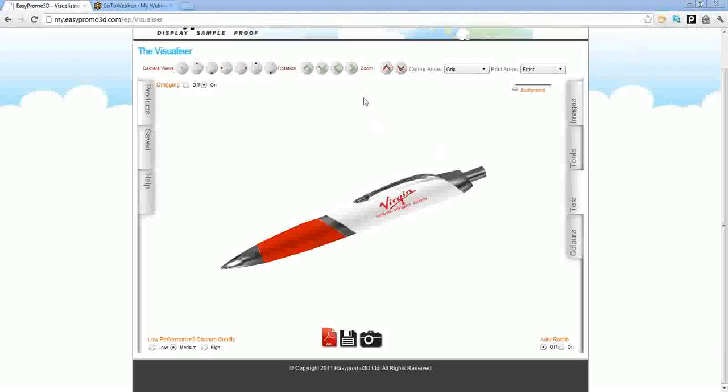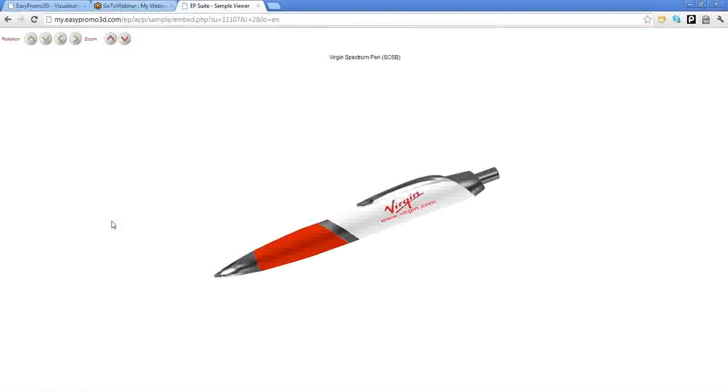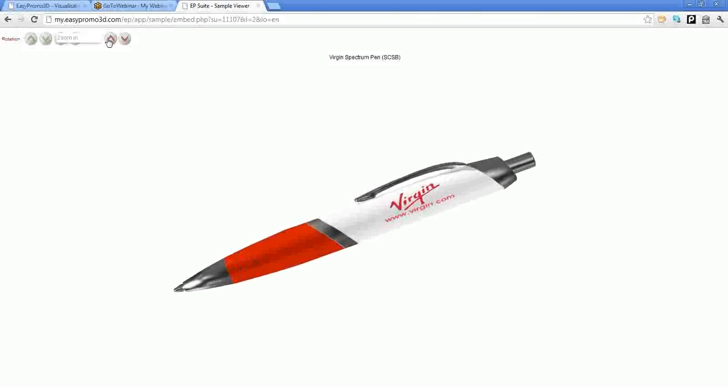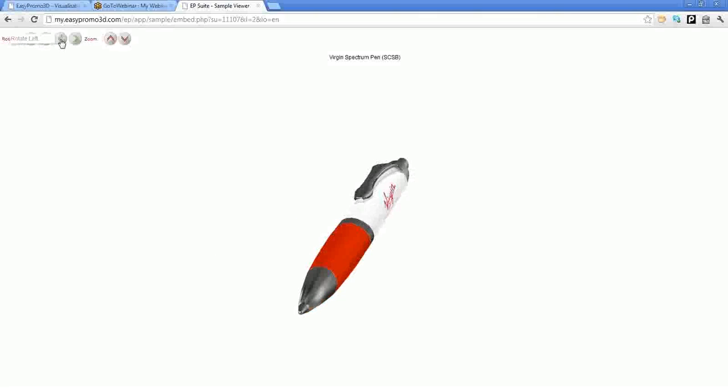You can create a visual. Perhaps what might be a nice idea is if I pop that link that I got earlier into the sample viewer for you now, load that up onto my screen, that will just demonstrate the delivery, if you like, of my Virgin pen. So there we are, that's the Virgin pen. It's set to non-rotate at the moment, and a customer can then zoom in to their heart's content and move the product around